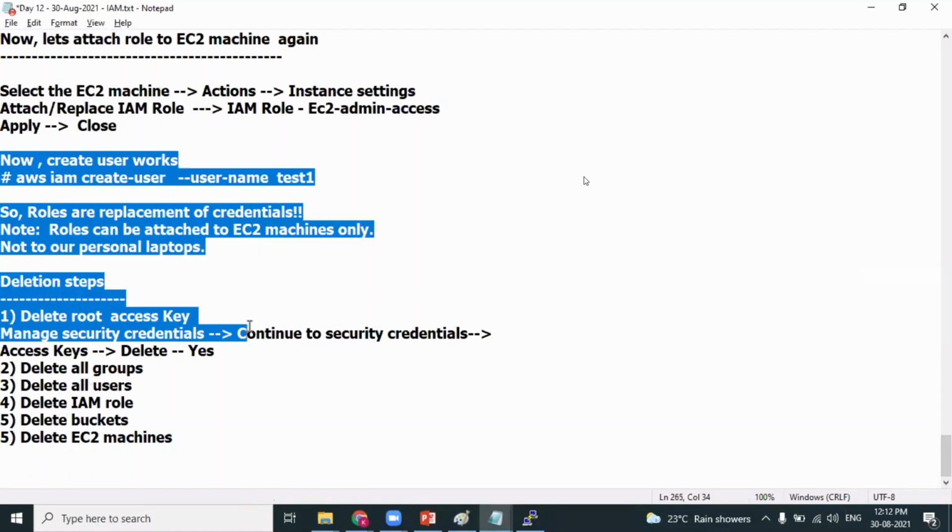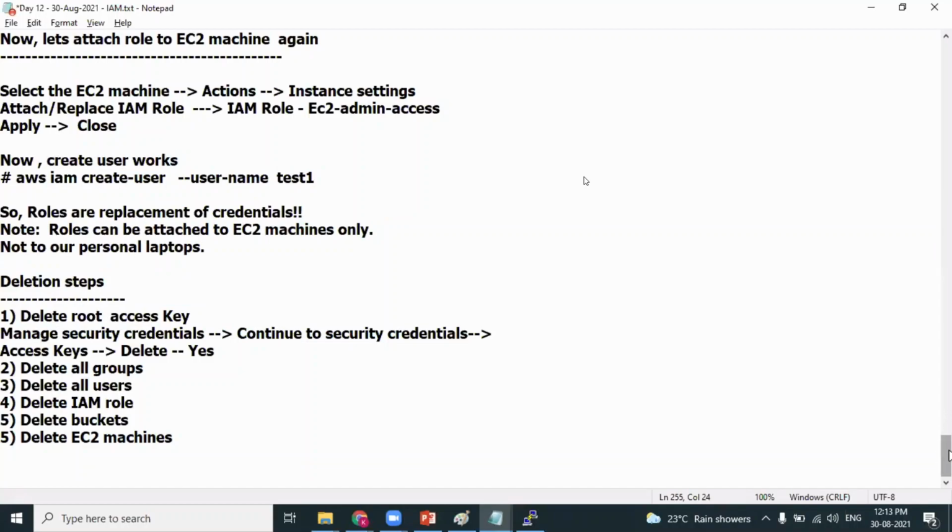But here can we also create a user and attach policies? From the command line, we can create a user, maybe a test user, but that becomes a console access user. That is an IAM user, isn't it? When you're logging into the AWS console, you have an option: do you want to log in with the root user or IAM user? That is an IAM user again. There's no concept of username in the command line, right? The admins will be given a particular IP address to manage the account, and every policy is implemented as a role on that machine. That's it. Like this, it also helps you maintain security.